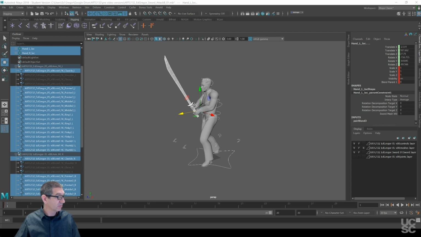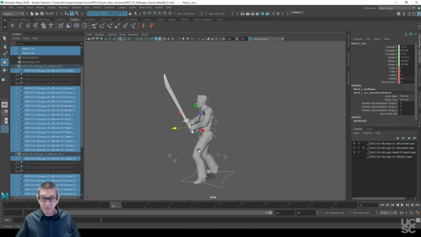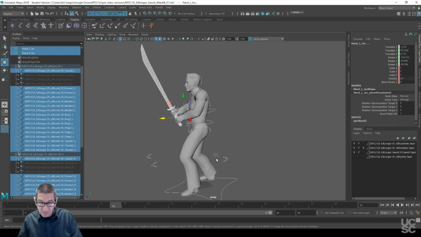Now we'll do our anticipation pose. So our anticipation pose, let's see, we'll do it at frame, how did I do it in my notes here? Make sure that if you want to follow. This is a pose where the character is charging up their energy to release. So think of a batter in baseball, pulling the bat backward and twisting before releasing the force of it. So we'll do this at frame 10. So if we go to frame 10, this is where we want the character to sort of come up and